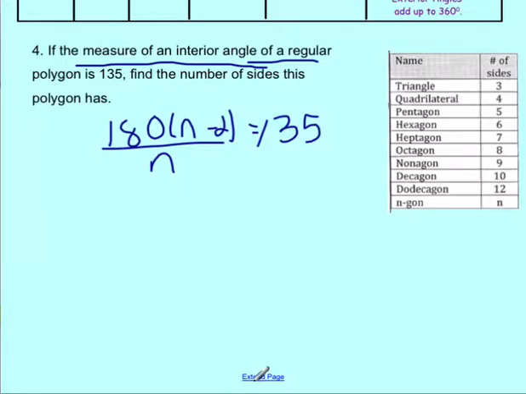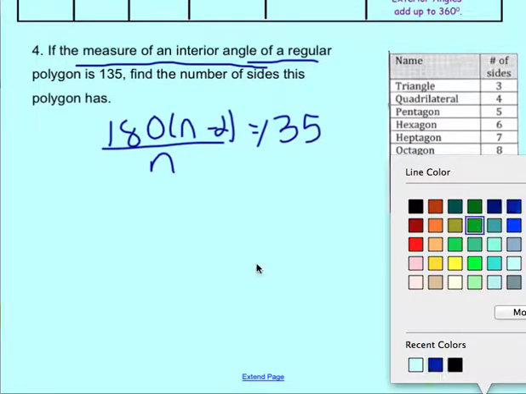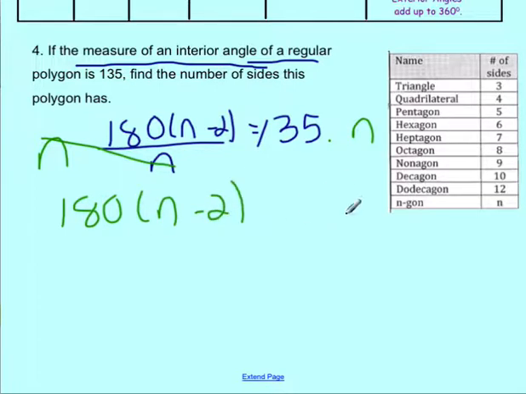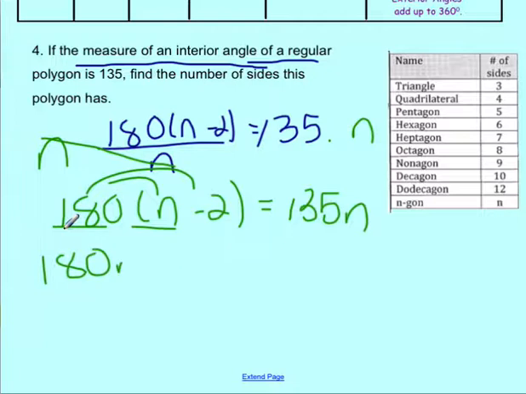Well, this is where it gets to be some tricky algebra. Because it's divided by n, what I'm going to do is multiply both sides by n. When I do that, these n's cancel out, so I don't have to worry about dividing by n anymore. So I have 180 times n minus 2 is equal to 135n. Before I can go about solving for n any further, I need to distribute in this 180. So 180 times n is 180n, and 180 times negative 2 is negative 360. And then that's going to be equal to